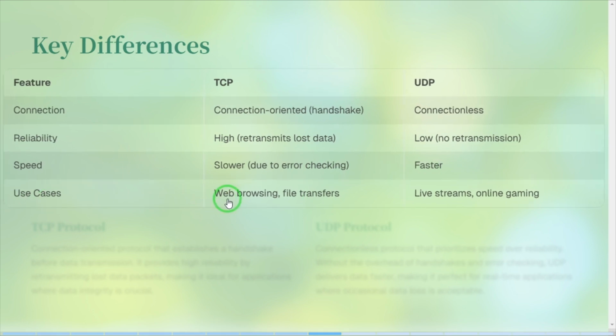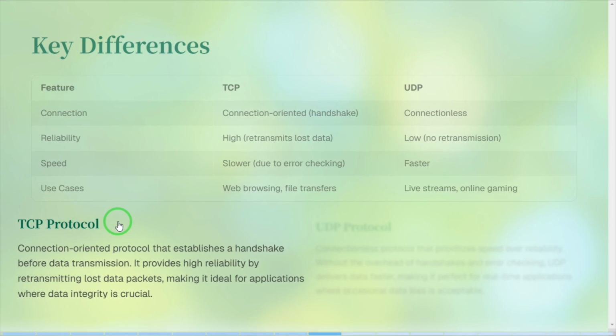Then use cases: TCP is used for web browsing and file transfer, while UDP is good with live streams and online gaming. TCP is a connection-oriented protocol that establishes a handshake before data transmission. So it provides high reliability by retransmitting lost data packets, making it ideal for applications where data integrity is crucial. If you send 100 packets and you need 100 packets, you have to make sure that the protocol you use